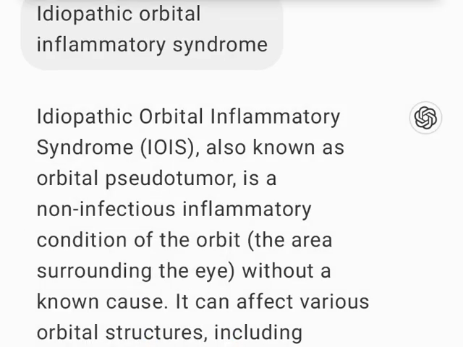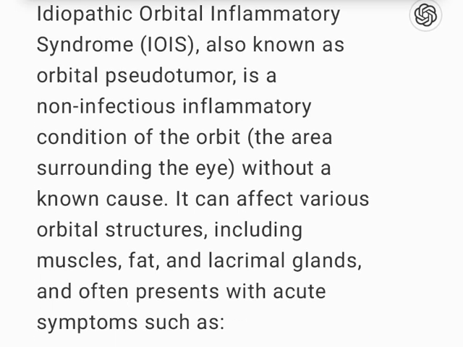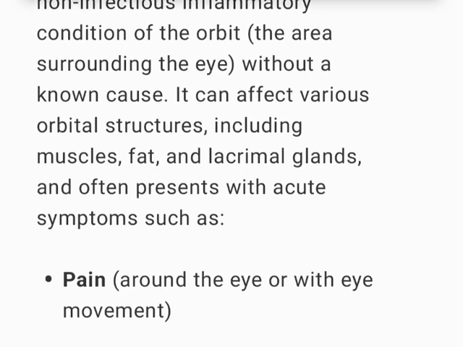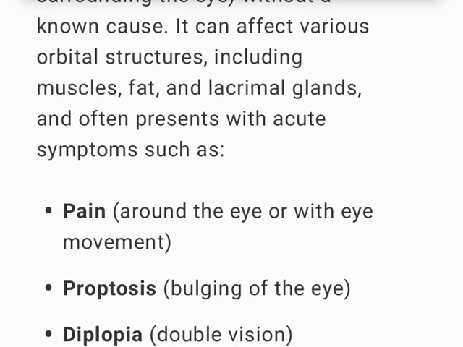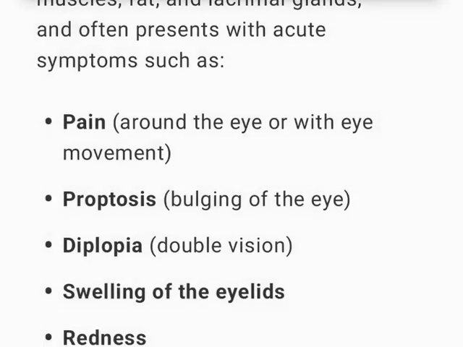Idiopathic orbital inflammatory syndrome, IOIS, also known as orbital pseudotumor, is a non-infectious inflammatory condition of the orbit, the area surrounding the eye, without a known cause. It can affect various orbital structures, including muscles, fat, and lacrimal glands,